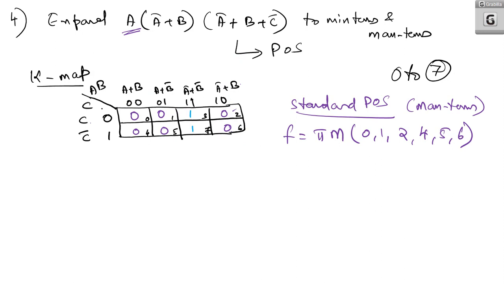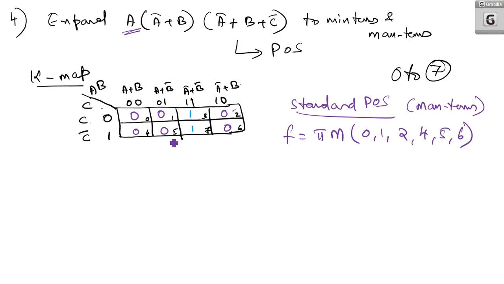Okay, right. So here what we will do is A. A means that A is there in these two columns, so you have to fill those. Then A bar or B means you have to fill this column, that is 0 0. A bar or B or C bar, that cell is already defined, so no problem.